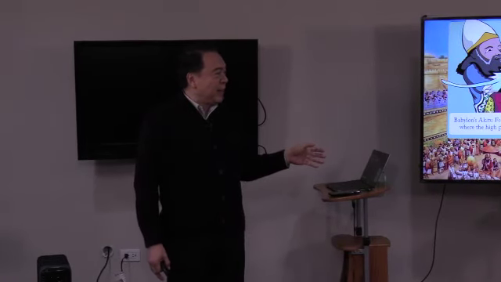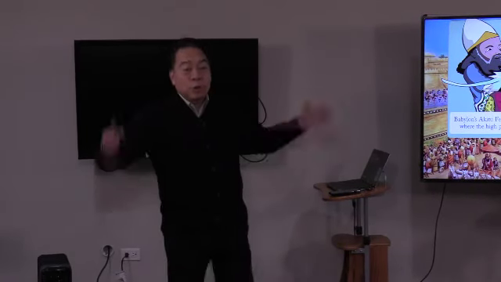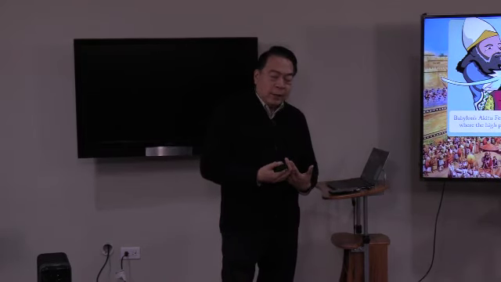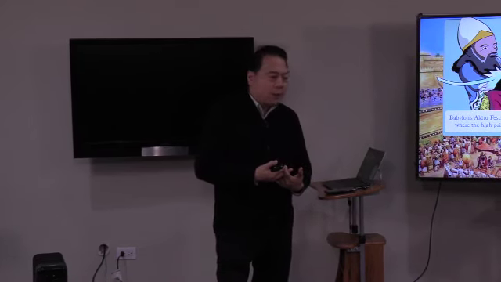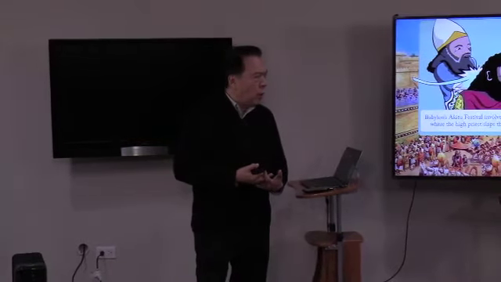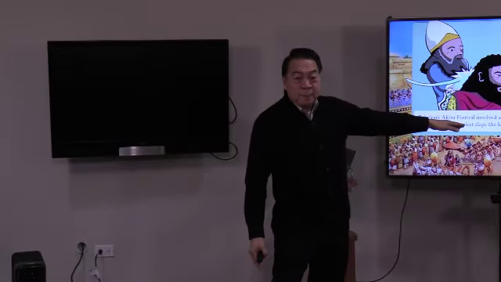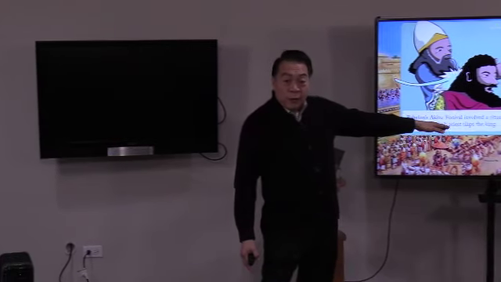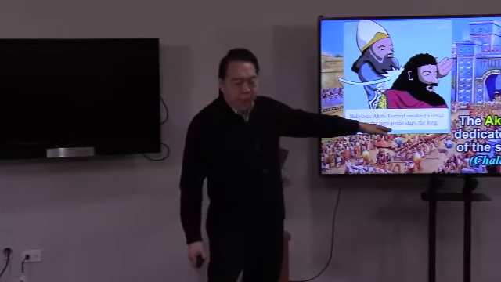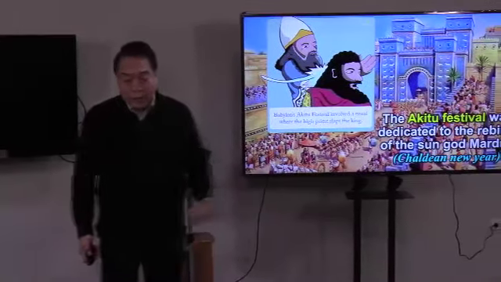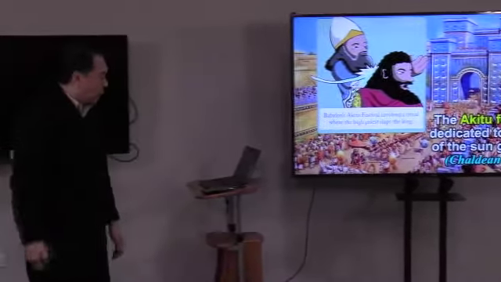I believe in the god of Sin. So you know what he did? He took off. He never celebrated the Akitu festival. The reason they couldn't celebrate the Akitu festival was that only when the king is present can it be celebrated. But because Nabonidus took off and spent 10 years away from Babylon, they weren't able to celebrate the Akitu festival. That's why all the Babylonians hated the gods of Nabonidus.